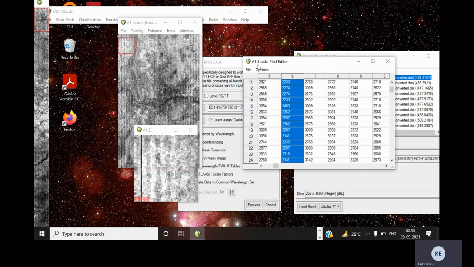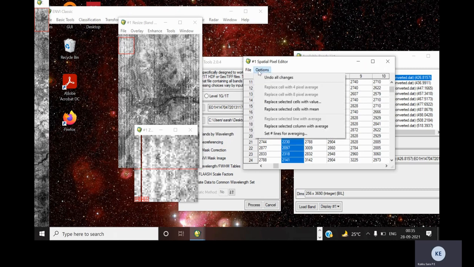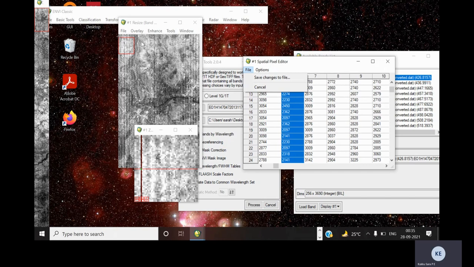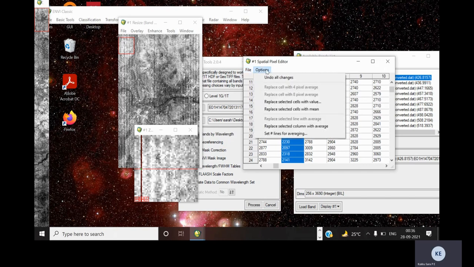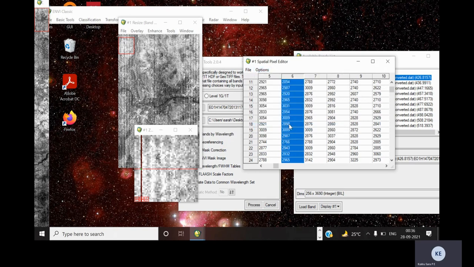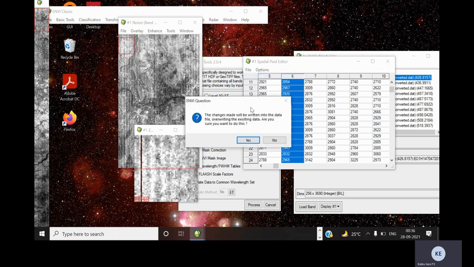So we have selected all those pixels over that strip line, and from options select replace selected column with average. This will replace the selected column with the average of the neighboring columns, and from file, save changes to file.